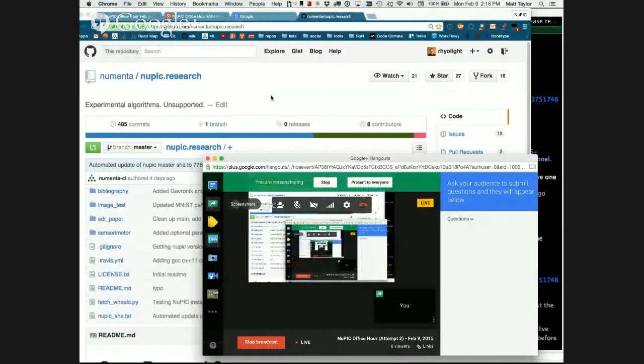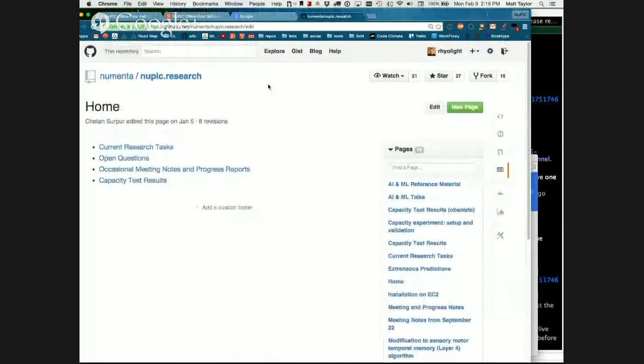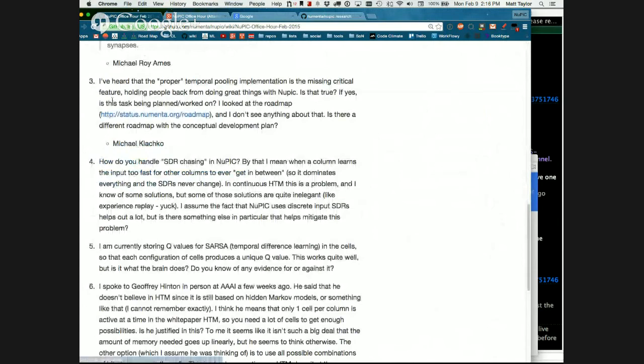But if you want to do something that requires any sort of complex hierarchy, like computer vision or some other task, then the temporal pooling mechanism will be required for that. So I don't think that... it depends on your perspective. You can think of it as what's critical or not. We think it's actually more critical, or at least we're working along the lines of adding the whole integration of